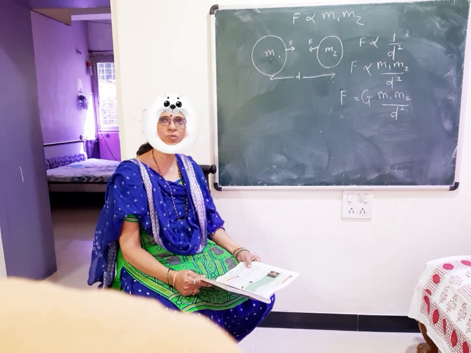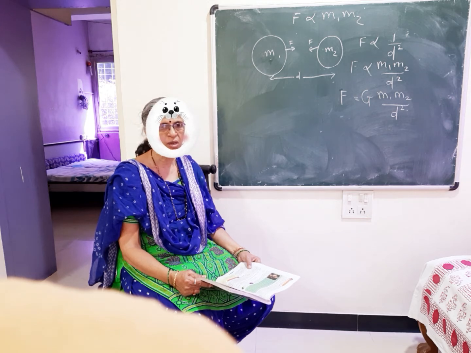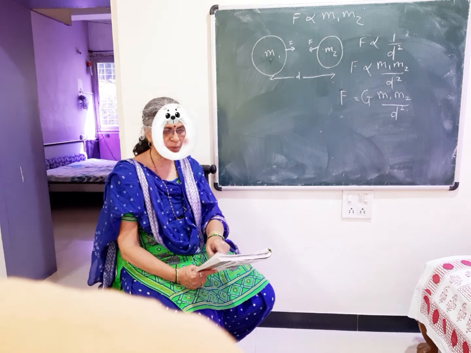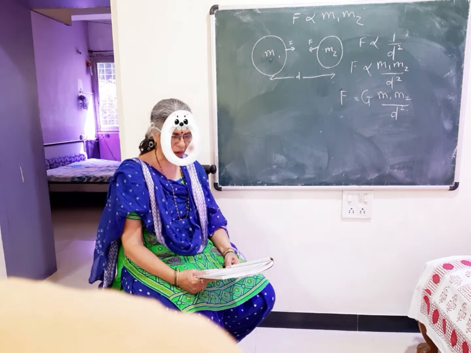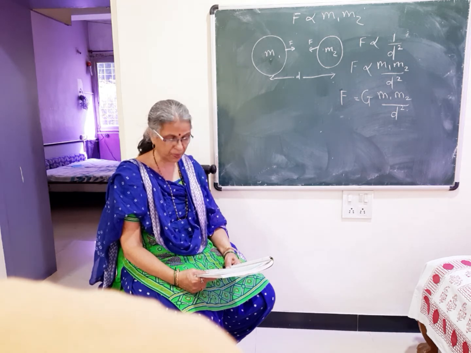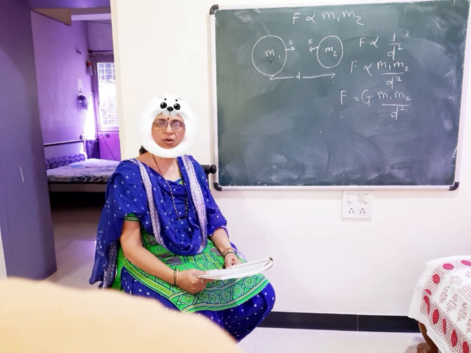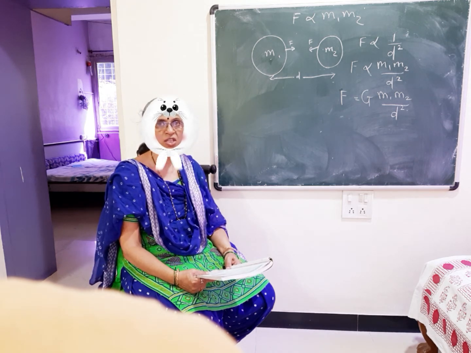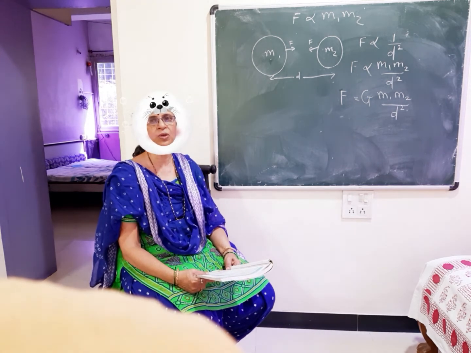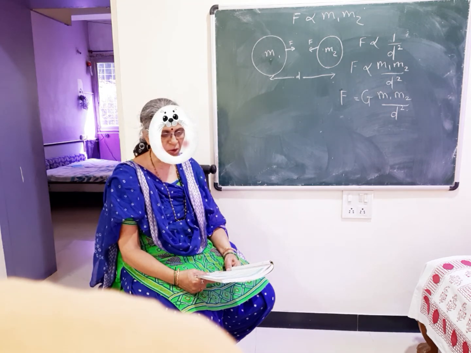For spherical objects we can immediately find the center, but when the objects are not spherical, what is center of mass, that they have given in the blue rectangle on page number 5. So that blue rectangle you see on page number 5 at the top. So what is the center of mass? Center of mass is the point inside or outside the object at which the total mass of the object is assumed to be concentrated. So that is the definition of center of mass.